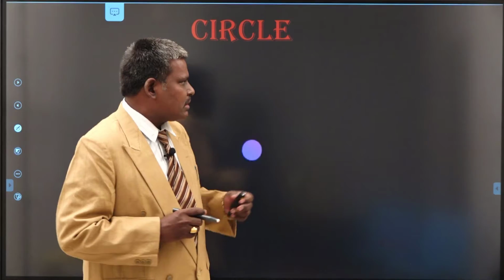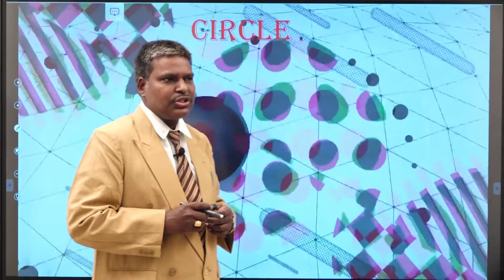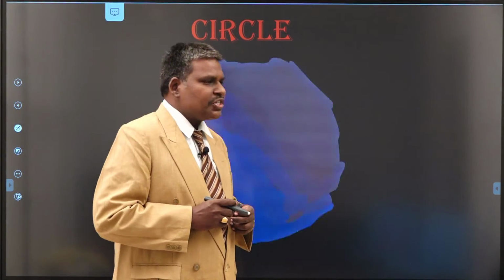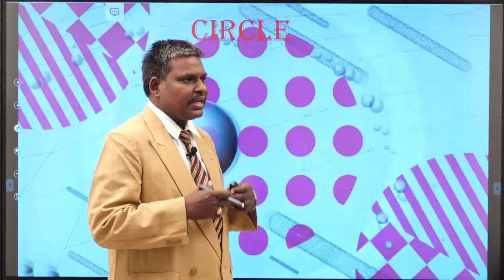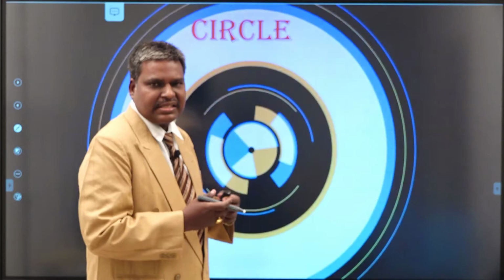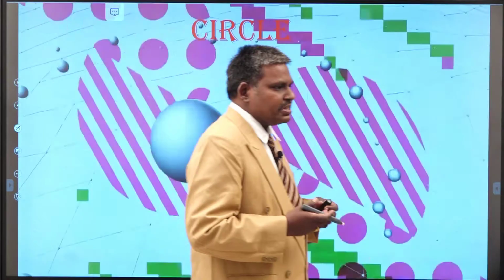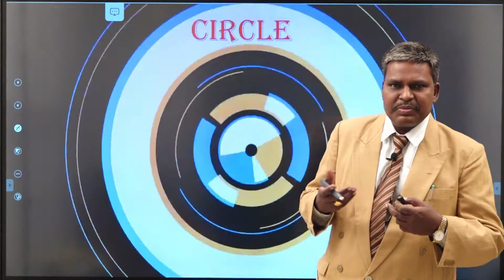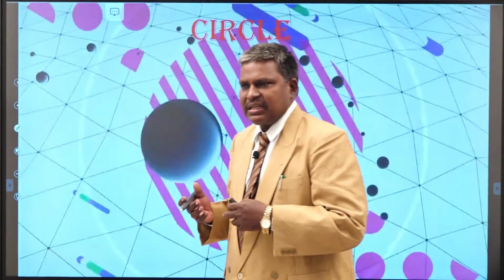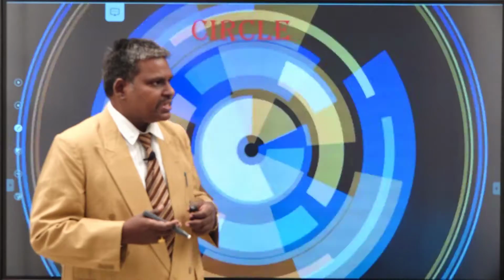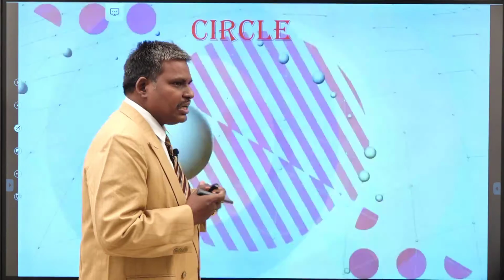In this class we will cover what is the length of the y-intercept made by the circle S equals 0, and the equation of a circle satisfying some given conditions: the equation of a circle whose center lies on the x-axis, the equation of a circle whose center lies on the y-axis, the equation of a circle which touches the x-axis, the equation of a circle which touches the y-axis, like that. We have to see some equations of circles satisfying some conditions.